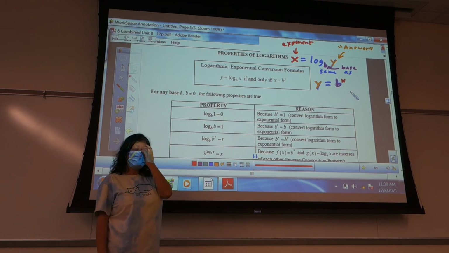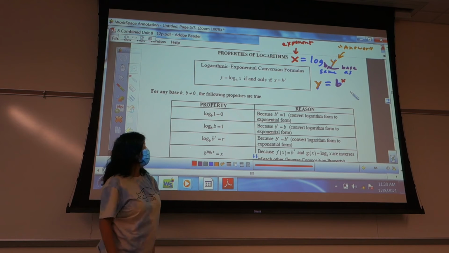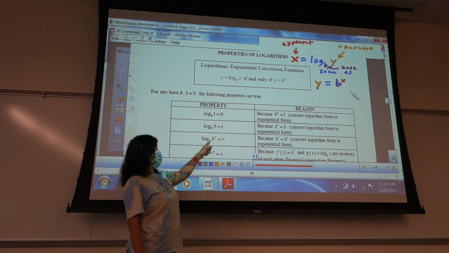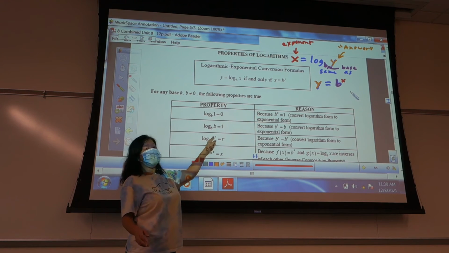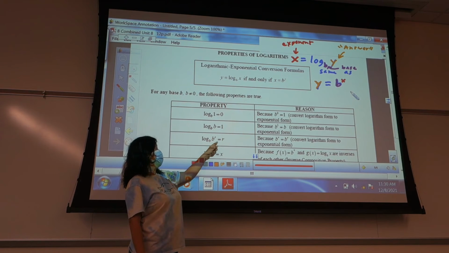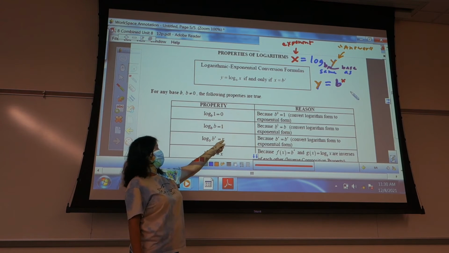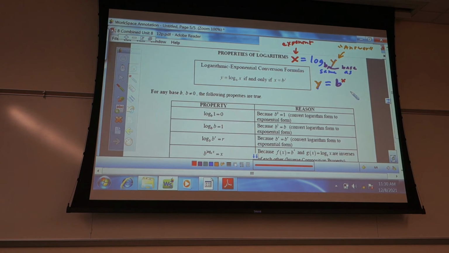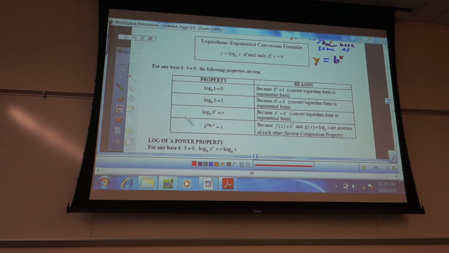Because anything to the 0 power is 1. This one, my base is b, my answer is b to the r. So r has to be my exponent. And I guess that's kind of a simple version, but like where it might come in, what might be like